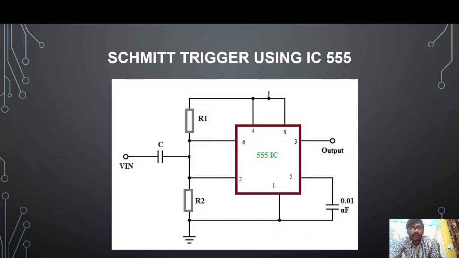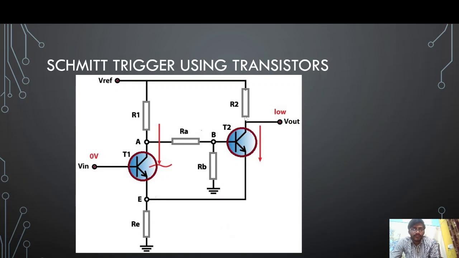Next, the Schmitt trigger using a transistor. This is the circuit using transistors. The following circuit can be built with basic components, but two transistors are essential components of this circuit. When the input Vin is 0 volts,